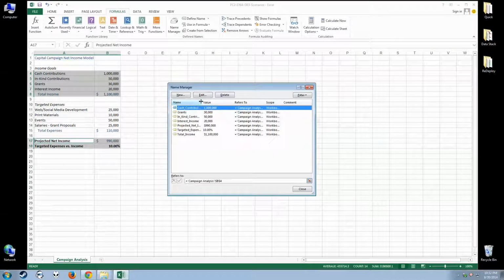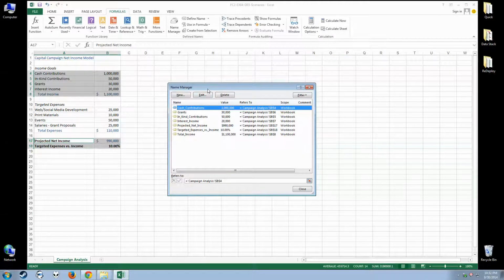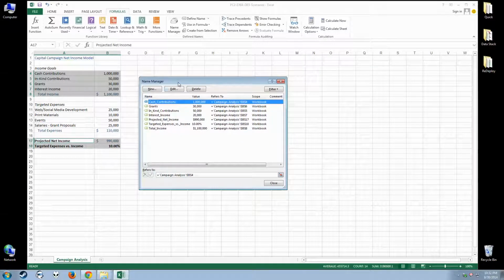And hey, what do you know? Double click on these auto resize options here and here. Even before you work with this menu, it can be pretty easy to sort out. Cash contributions, 1 million, and it refers to campaign analysis, $B$4. Let's see what that means. Cash contributions is the name right here. The value, 1 million, and it refers to the cell